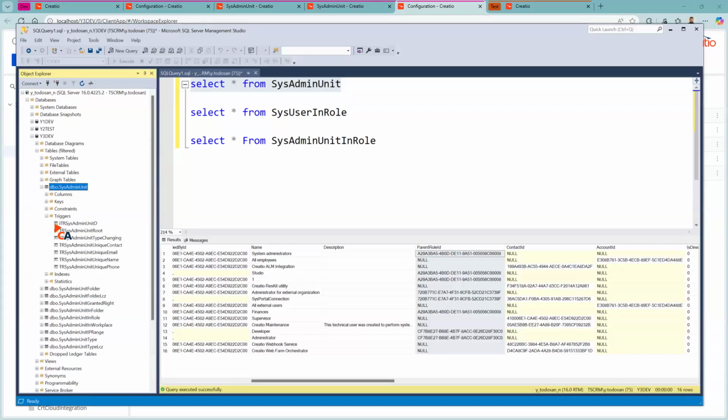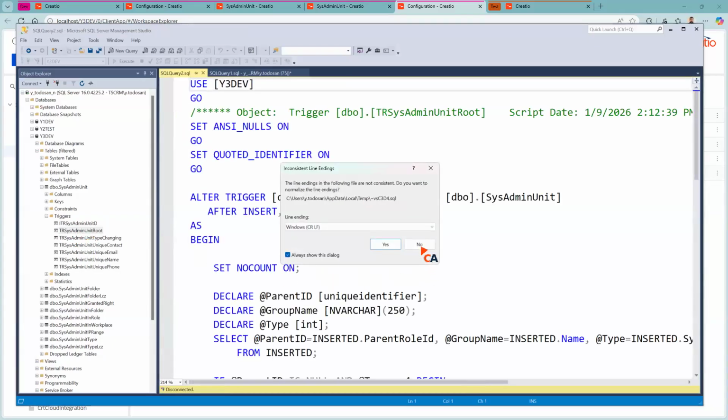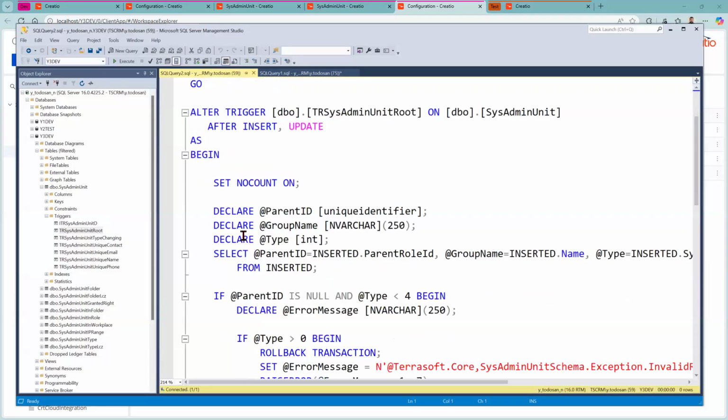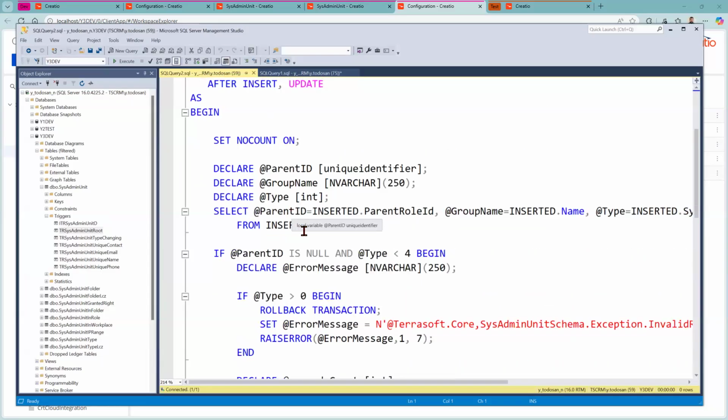And here we have triggers. And here we have a special trigger for sysadmin unit root. So the way this is structured, this is a trigger that will fire if a certain event occurs. And if